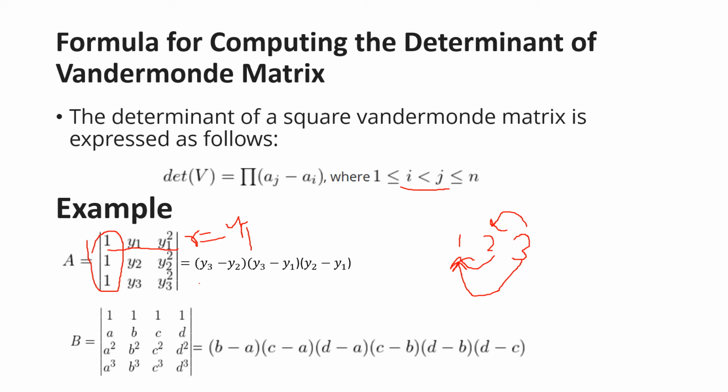Similarly, we can calculate for another matrix B. It is again Vandermonde. Here the first row is having ones and then you can see the other rows are following the GP, and the ratio for the first column is r equals a. For the next one it is b, that you can observe. I hope this matrix is also clear and the shortcut is also clear.